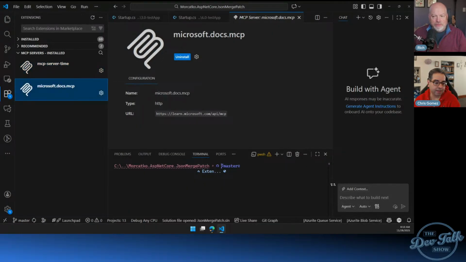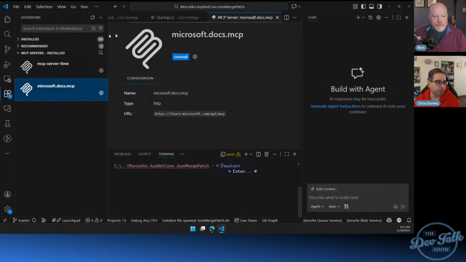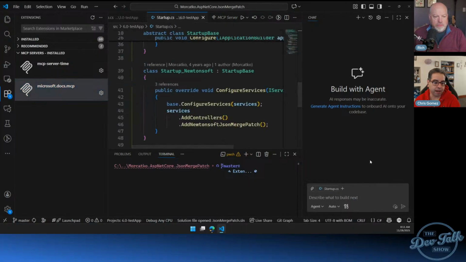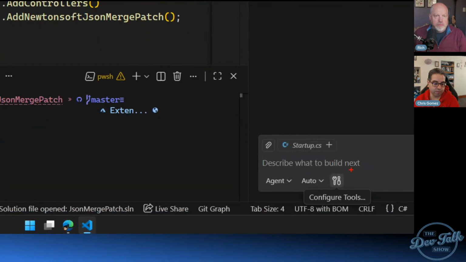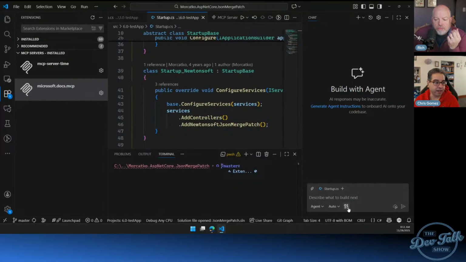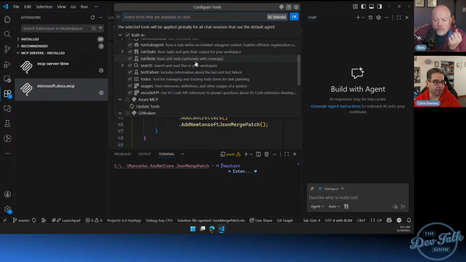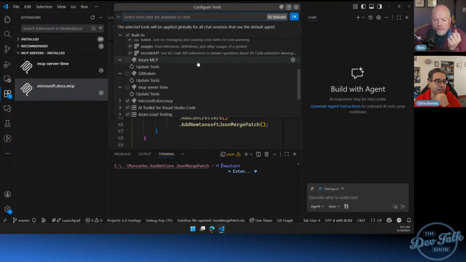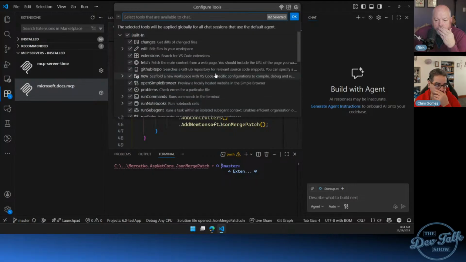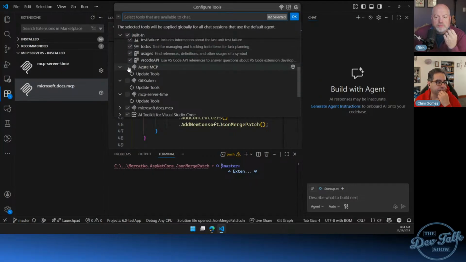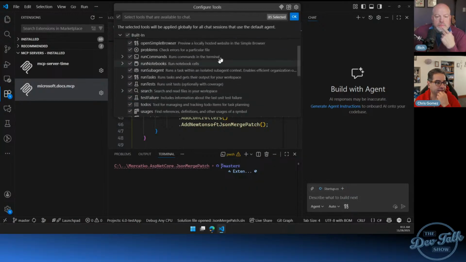When you come over here, I just have some code, and I'm not actually planning on doing anything with it. What I have noticed is that with Configure Tools, you click here and then you get the whole list. And as you can see, I've already gone through and unchecked some, but what happened is because these things were just being added.